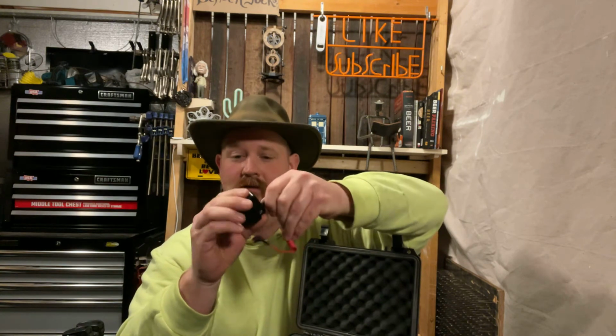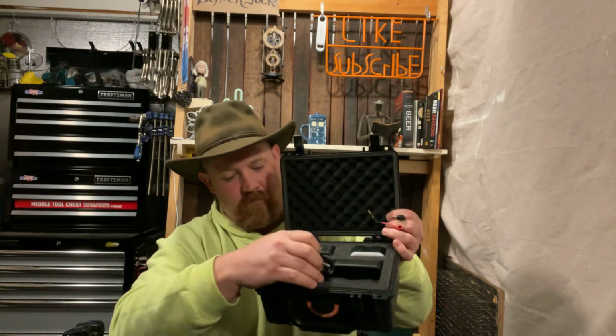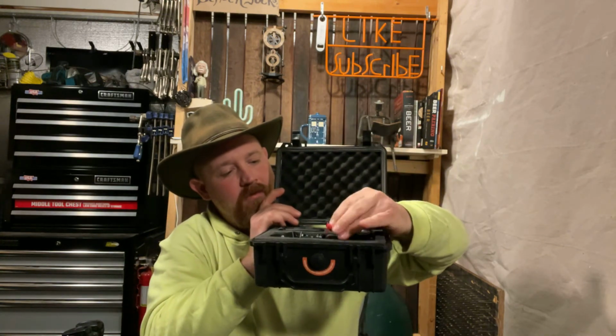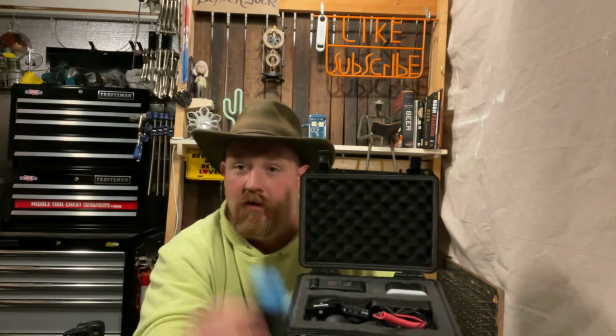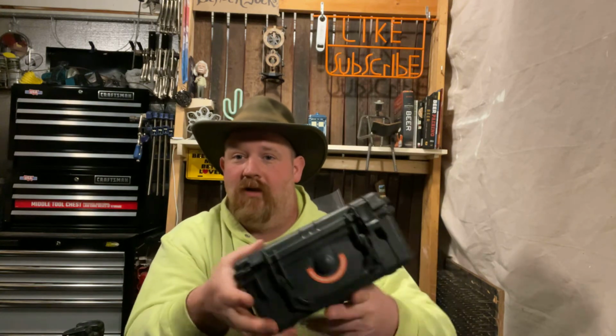The Rode microphone just fits right in there, just like that. And the little adapter thingy just goes right on top. Also, if I need to, a little slot down in there, I can fit a couple batteries. It doesn't fit the charger, but if the batteries are fully charged, this could last hours and hours. So this is usually what I carry with me, and clips closed,